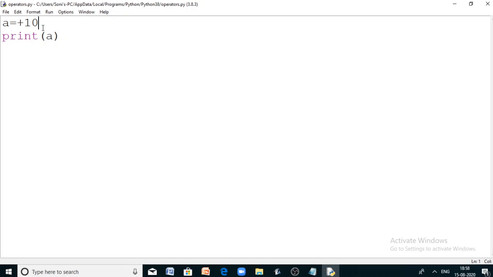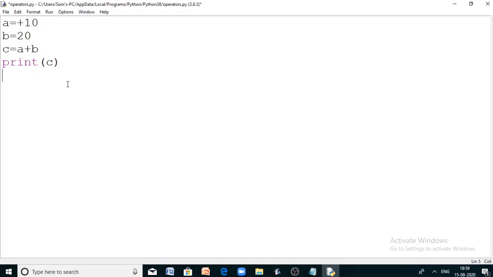And for example, you have another number, for example 20, right? And here you are finding the sum of this a and b, so c equal to a plus b. So here this plus is actually between two numerical values. In that case, it's acting as the addition operator. So here it acted as the sign operator. It acted as a sign of this number, and here it acted as the addition operator. It's adding the values of a and b, and it is finding the result and storing the result back into c. This is what it is doing, right?